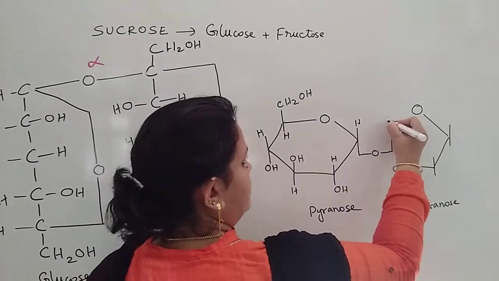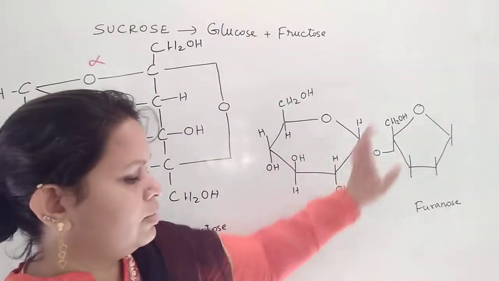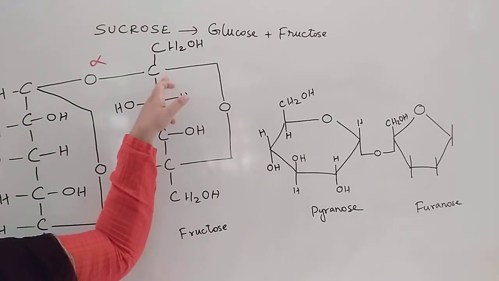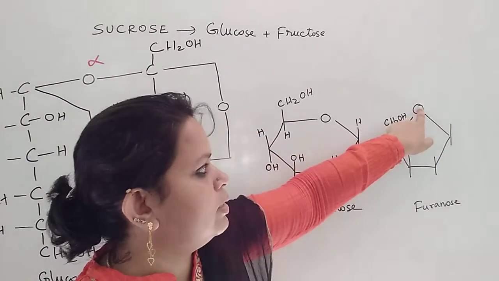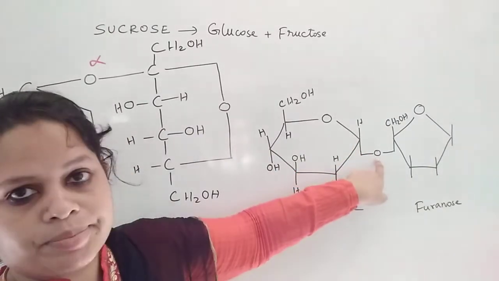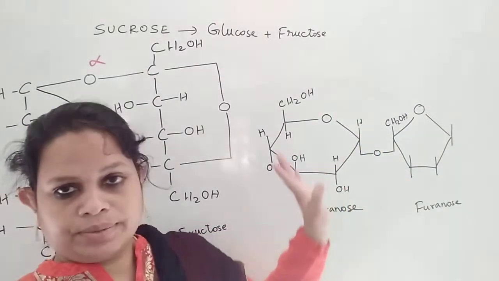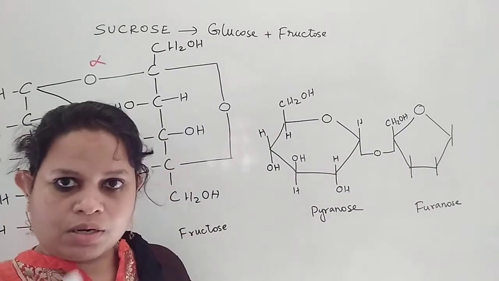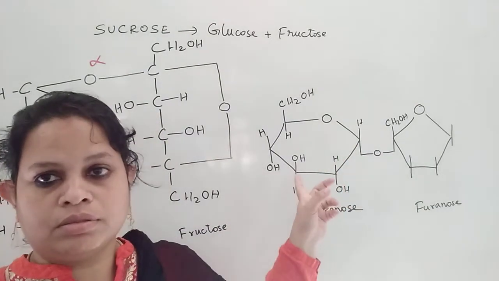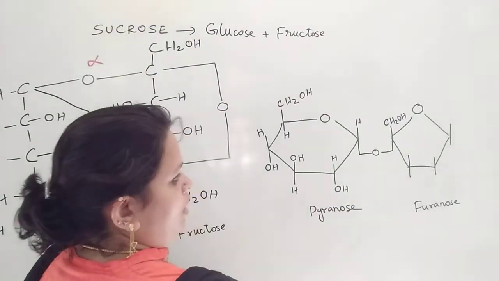So 1 is CH2OH, so it has to be written up, and this is the second carbon atom, and the second carbon atom has a bond with the oxygen, that is represented over here. It has the second bond with the carbon of the next molecule. So that is represented over here. Since it is an alpha glycosidic linkage, you have to draw in this way. It is not cross; if it is crossing, up and down means it becomes a beta, and up and up or down and down means it becomes the alpha. That is the way this represents the alpha.